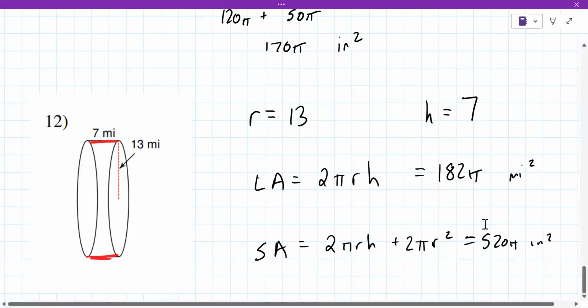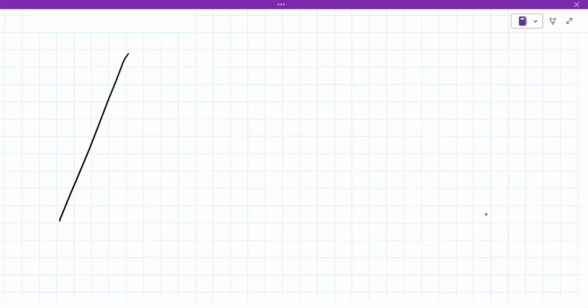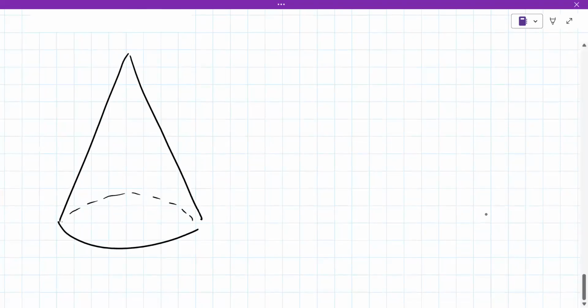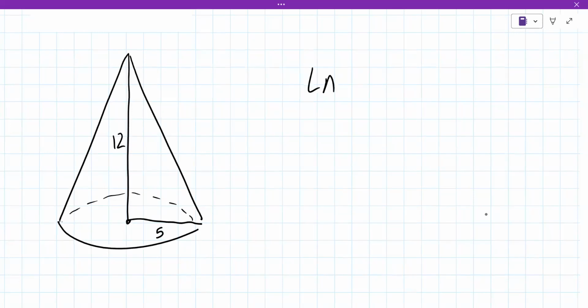Okay, let's quickly talk about a cone. So the cone is the party hat here. Let me make the problem pretty basic. Let's say it's something like this. They tell you that it's 5 and it's 12. And the lateral area of a cone is